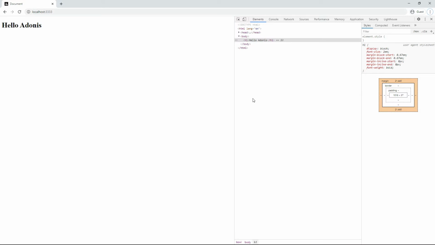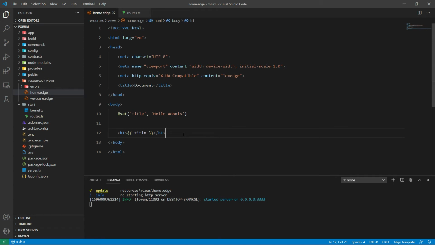Now let's go back and see what else we can do with Edge. Let's see how we can render HTML with Edge.